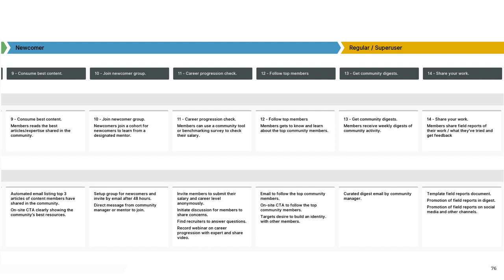Now, some platforms will let you follow someone within that platform and create a custom feed, like Facebook, but alternatively, you might just want to have a Twitter list of your top members that anyone can follow the entire time. Even though the community isn't solely based on your platform, they're still feeling a greater sense of connection and affiliation to one another. And you can see here, you need an email to follow those members, on-site calls to action,